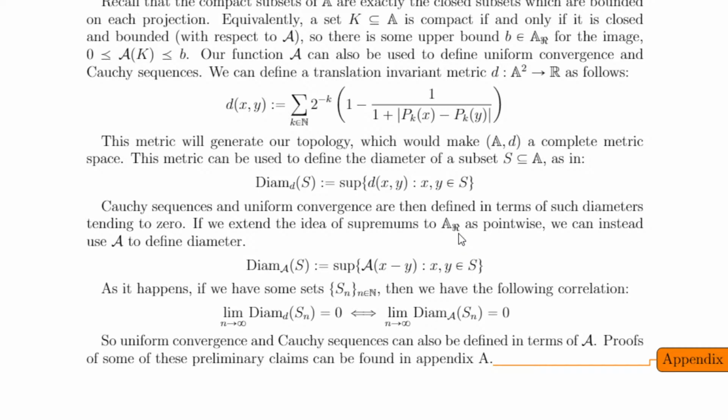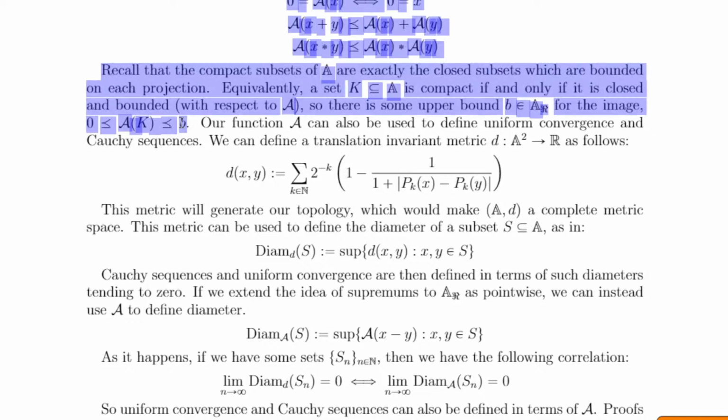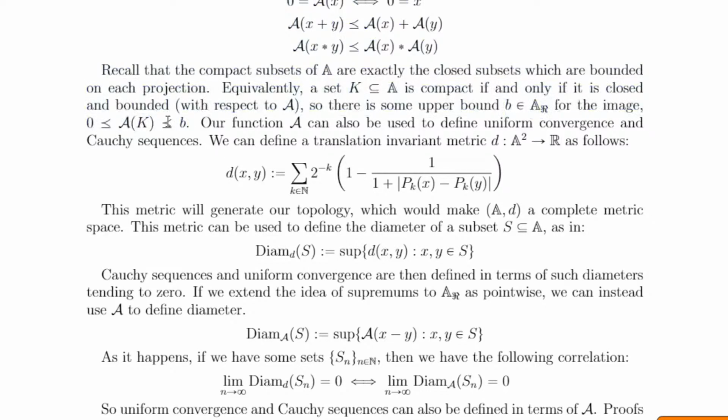In a precise sense, this gives us the smallest element that acts as an upper bound. Over here we had this notion of boundedness for our sets in terms of the a operator. If we extend supremum to be pointwise, then the supremum of a set gives us the least upper bound for that set. It only works for bounded sets, of course,